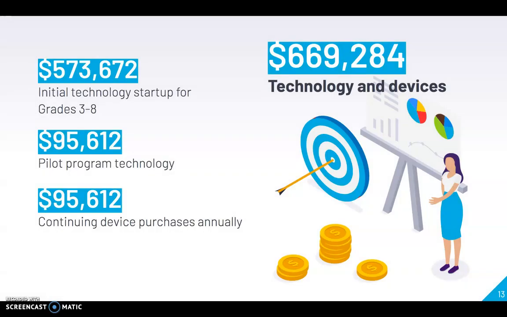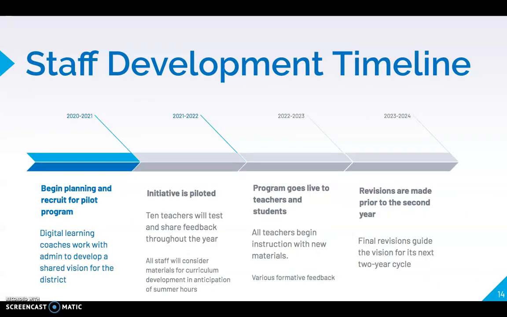Now, technology and devices, this again, front-loading initial technology startups for grades 3 through 8, so the high schoolers are not getting it right away. Pilot program will cost $95,000, and then once this has been started up, it'll only cost the district $95,000 each year, rather than the over $300,000 it would cost otherwise for textbooks and updating that. So there will be a savings, a very large savings actually, over the course of its lifetime. It's just the first couple of years will take a little bit of time to have that be seen.